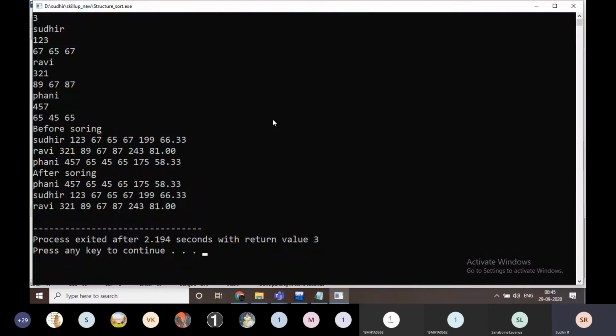Okay, yes, it is modifying now. Just observe here, it is modifying.